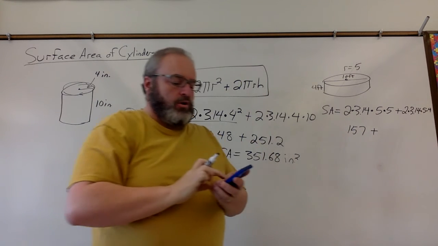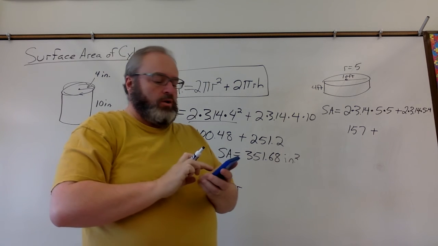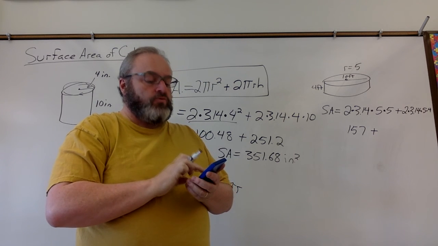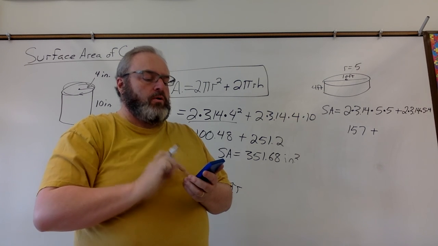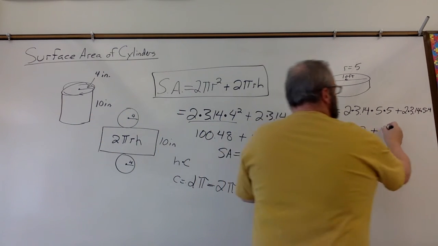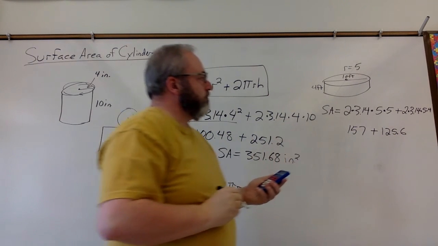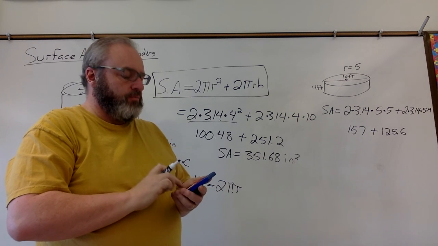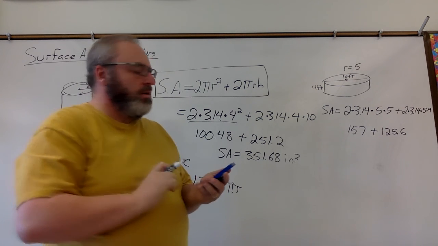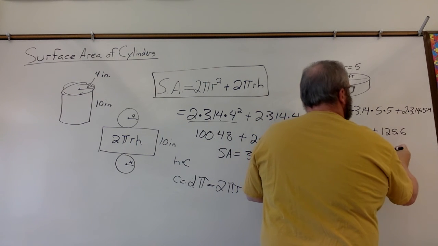Over here, 2 times 3.14 times 5 times 4. That is 125.6. And we're going to add those together. 282.6